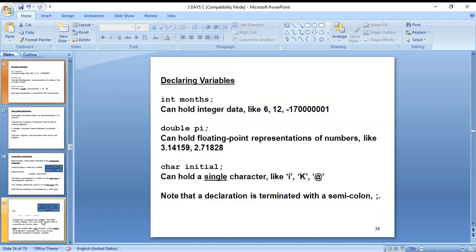Those are called characters. Double can hold values like 3.14159, floating point representations of numbers. And int can hold integer data like 6, 12. Those types of data we can hold by using those.